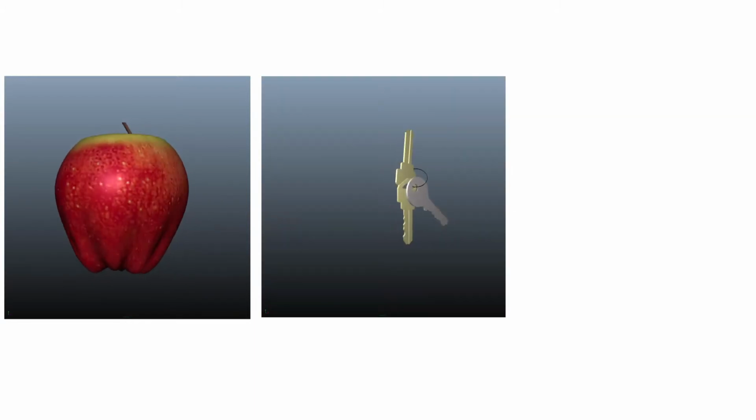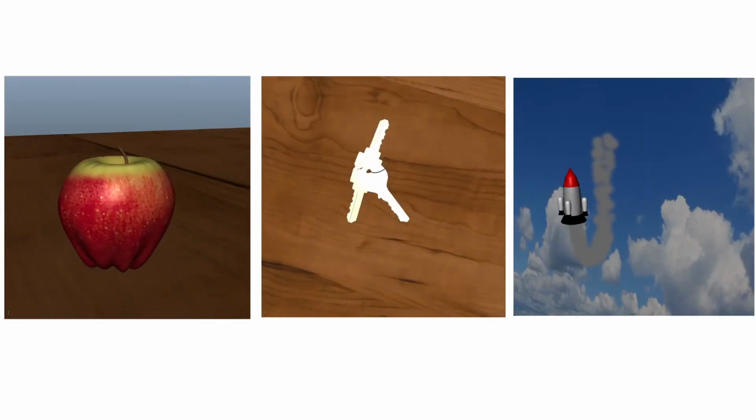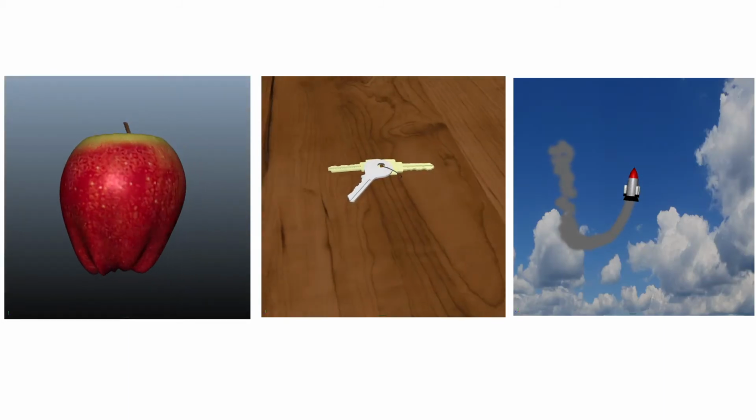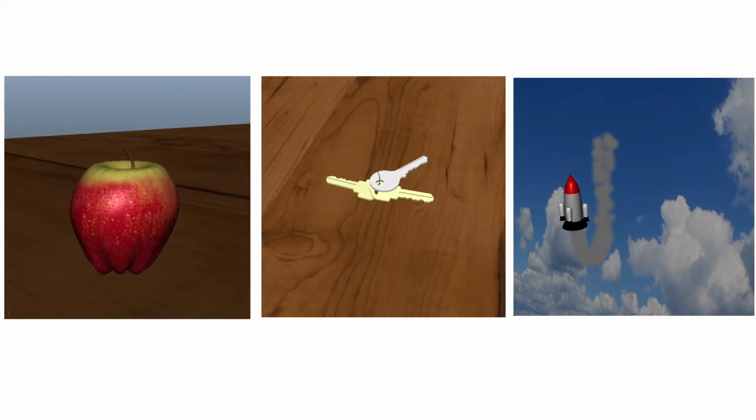The assets that I used in the folio. The 3D visual assets I created for the final folio are an apple, keys, and a rocket. All three of these assets will be used for the match the letter to the object minigame and the memory flip card game. For the audio assets, I created the click sound which will play every time the user touches